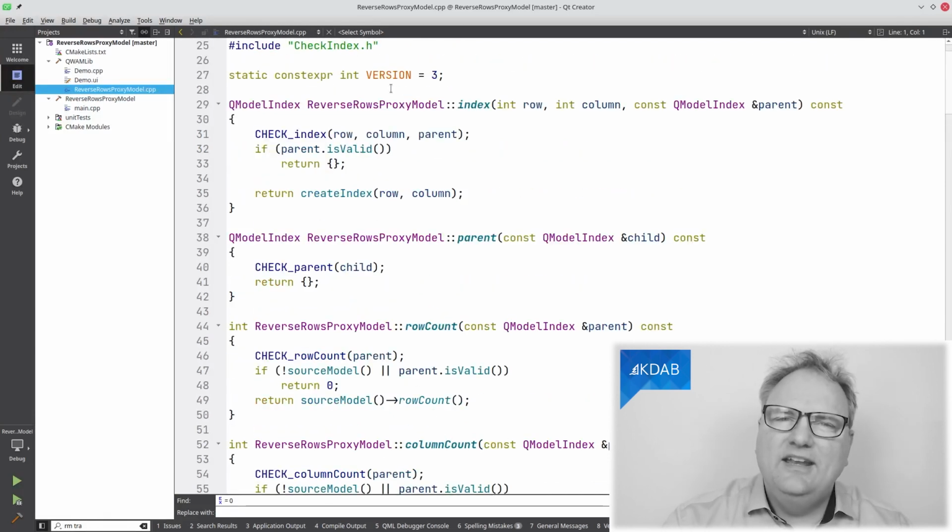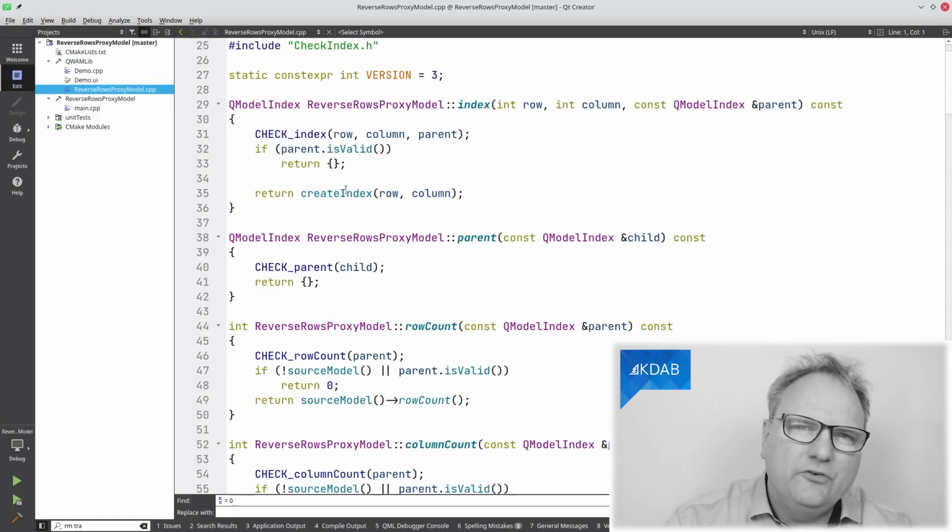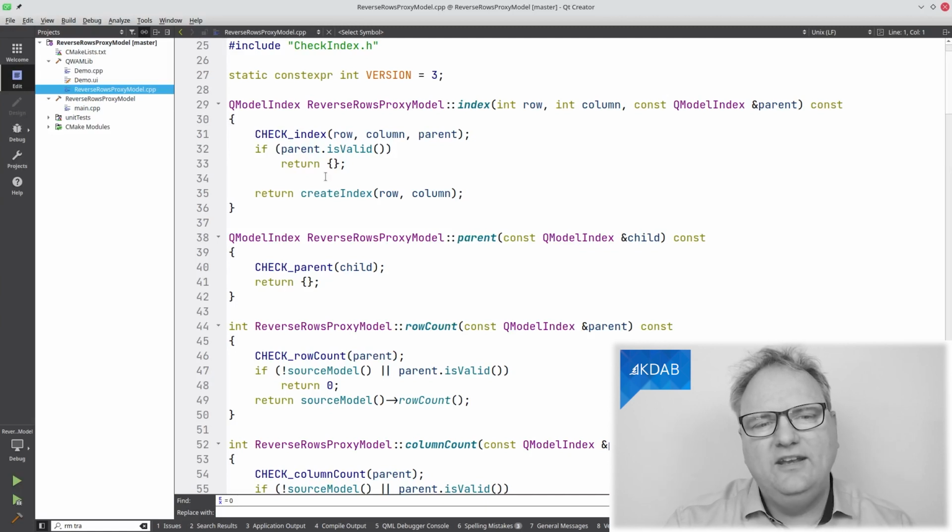The index: if you haven't ever implemented a tree model, I can tell you that the only way we can create indexes is using this createIndex method. It usually takes row, column, and an internal data pointer of something. But given that I'm a table, there is no internal data. So that's pretty simple.